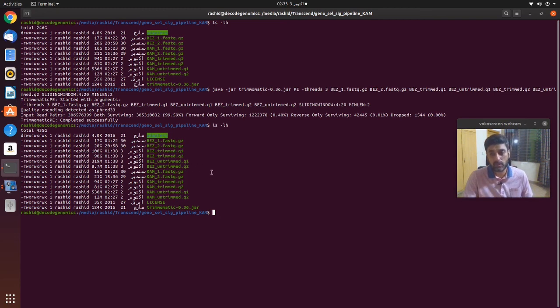So this is almost the end of the first command in this pipeline, in which we trimmed both sequences, and we have generated 8 new files in the same folder. So we have performed trimming with Bezoar and trimming with Kamori. This is the end of step number 1, and now we will meet with the second step, in which we will perform mapping, alignment of the sequences with reference. So see you in the next video.